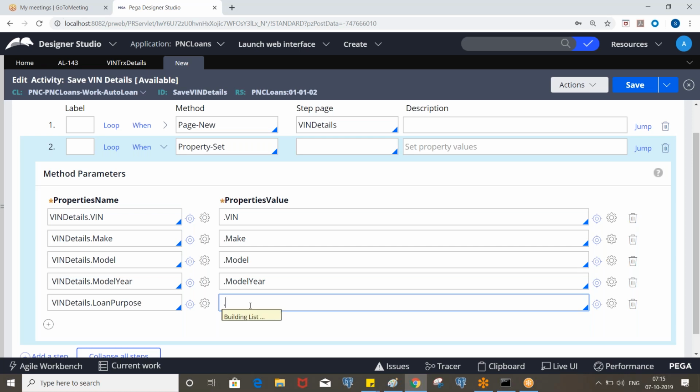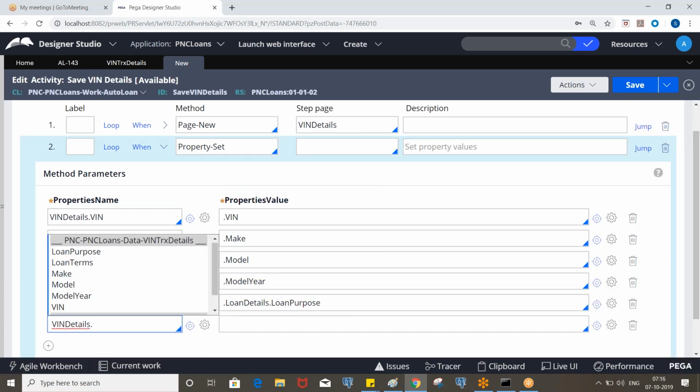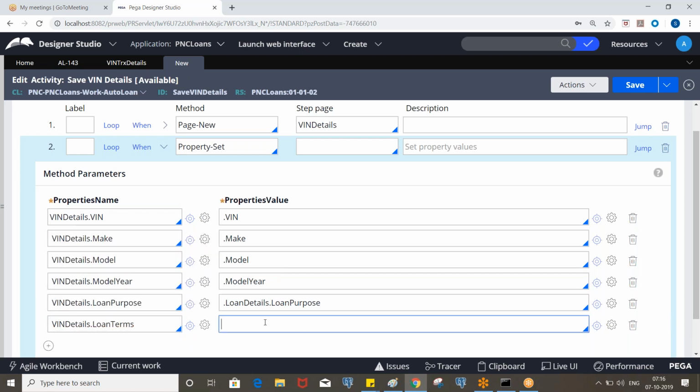That means py workpage dot loan details dot loan purpose. Okay. Now similarly terms also. Loan details dot terms. So based on the clipboard structure, we need to assign it.